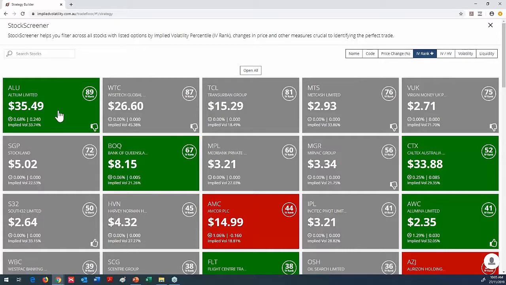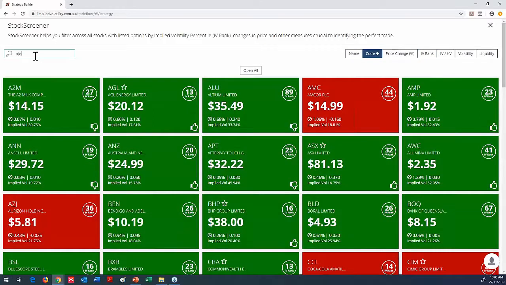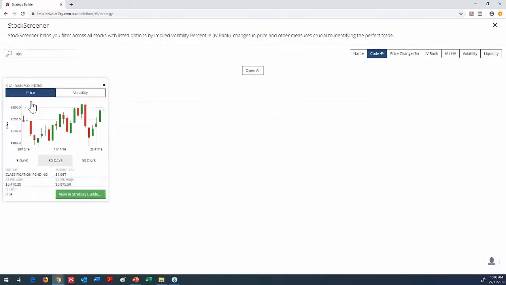And with Altium, the reason why this was brought up by our trade scanner this morning for an iron condor trade is because its volatility is high compared to its past 52 weeks. And it has also met a series of other quant-tested factors as well. So once we know what we want to enter into, let's say XJO, we can click View in Strategy Builder,